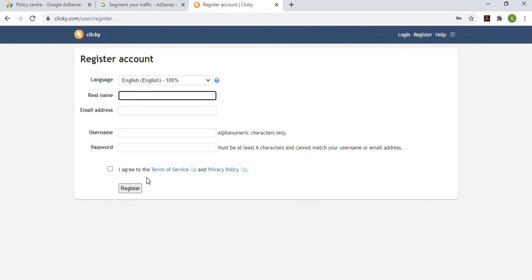Then the login ID and password will be generated for clicky.com. After that, there will be a box where you need to enter your site domain name and your email address, and after submitting that you will be able to monitor the traffic sources of your site and